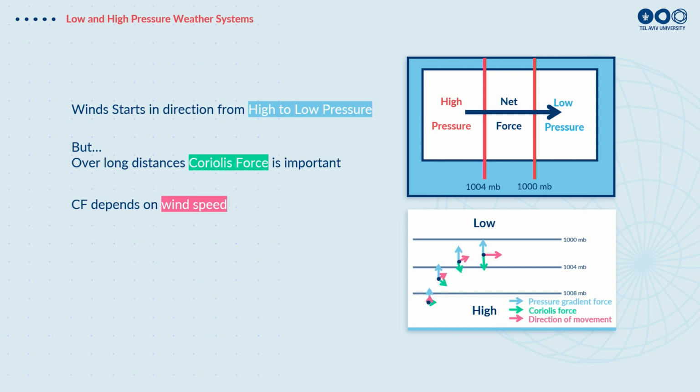This Coriolis force depends on distance, but also on the velocity. So the higher the difference in pressure between high and low, the stronger the force, and the stronger the winds get bent. When the wind actually gets parallel to the isobars, we can see there's a balance between the blue arrow and the green arrow, between the pressure gradient force and the Coriolis force. When they're balanced and opposite each other, we call this the geostrophic wind in the atmosphere. So the geostrophic wind flows parallel to the pressure lines, which is different to what I said in the beginning. Over short distances, we always get the wind going from high pressure directly to low pressure.